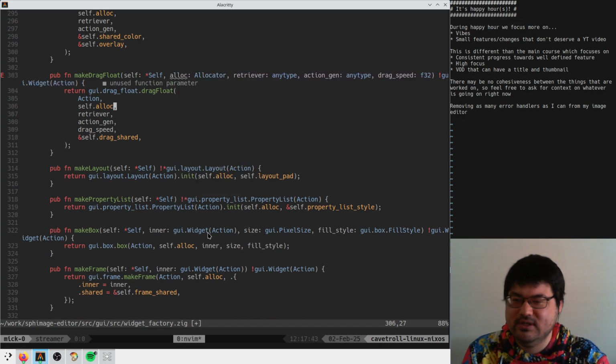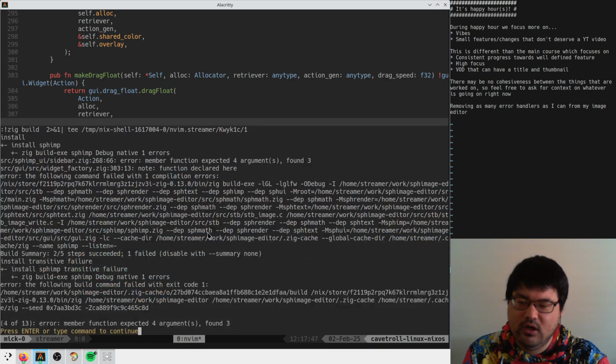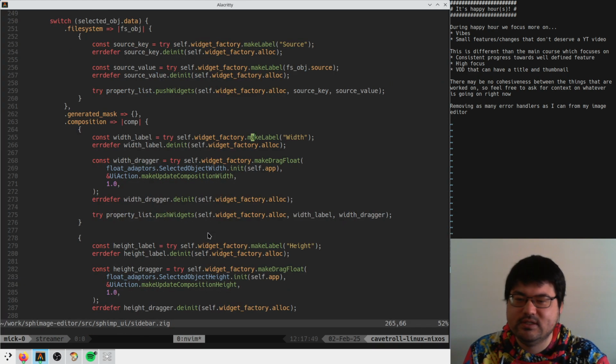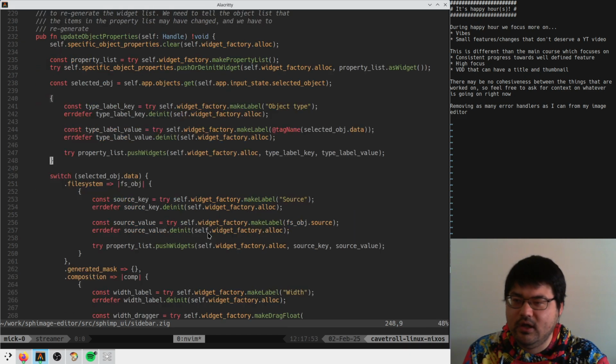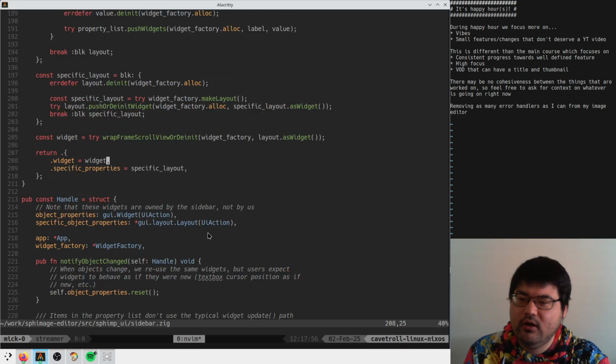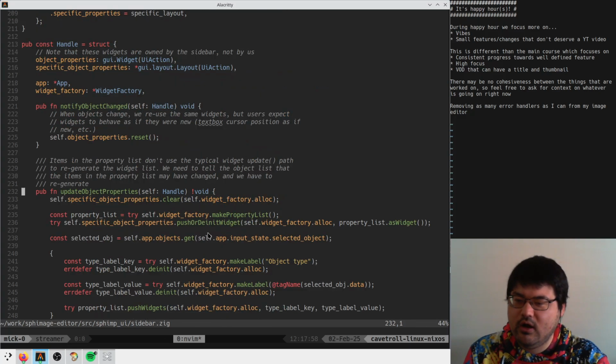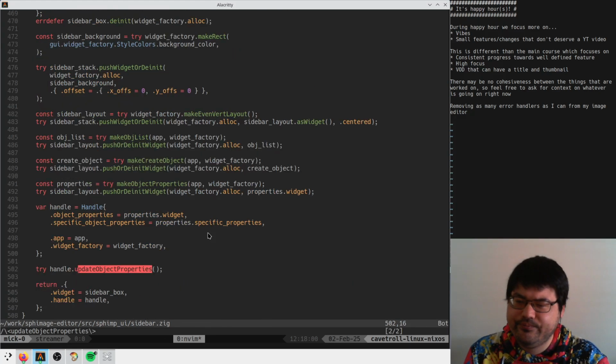Whose allocator are we going to use here? So forget self allocator, we use this allocator. Then this guy's going to get upset, because everybody who tries to make one of these is going to wonder where they go. And so we said that the sidebar, since this is updating object properties,